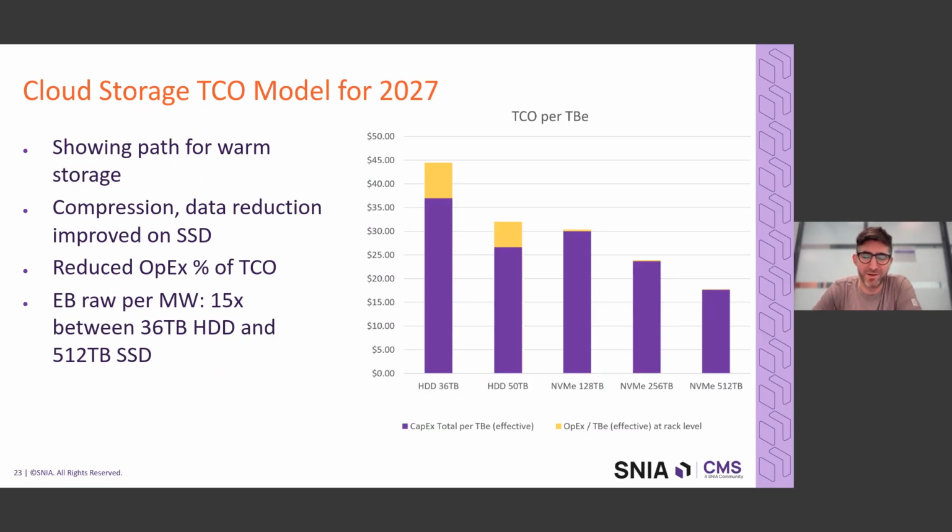So with that, this is a little teaser for our new model that's coming, and this will be one of the examples in the cloud source. I don't remember all of this. You guys will have access to this. It'll be all open source, but this is about the assumptions I put in here. I'm just saying, what if we have, for instance, a 512 terabyte SSD at 3 cents per gigabyte, this made-up thing in 2027 or something like that. Maybe we don't get quite that far, but with the cost...